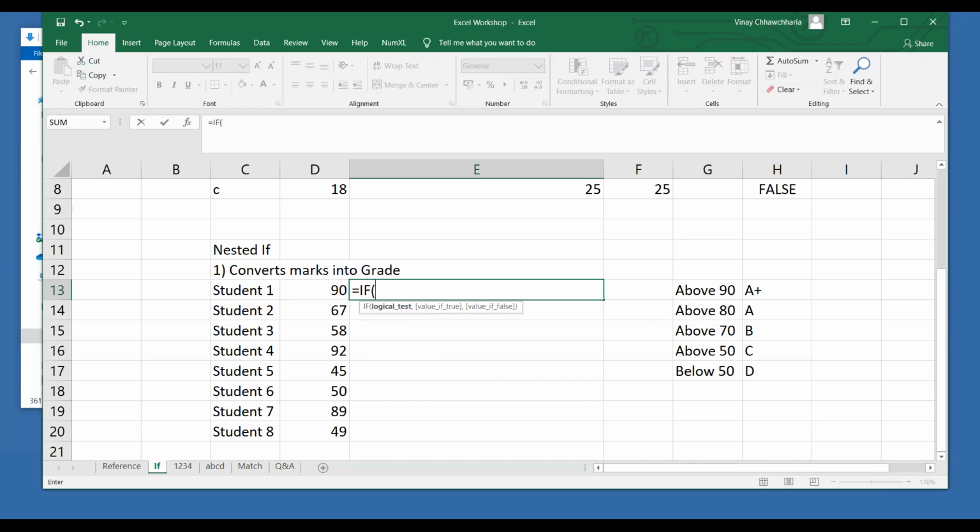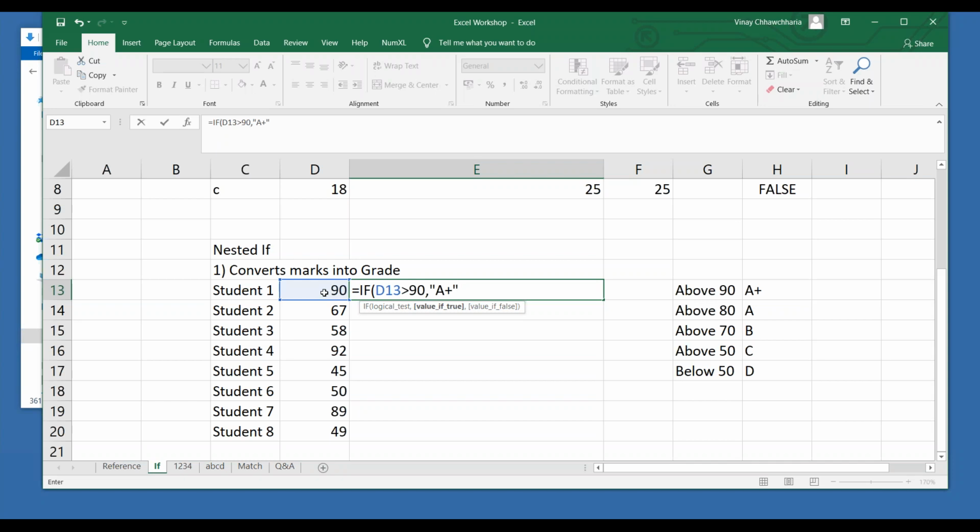Equal to if. Now, what is my first condition? If this mark is greater than 90, then what should the person get? I'm not referring to this table, I'm just writing a simple thing for you. You can write this way also.